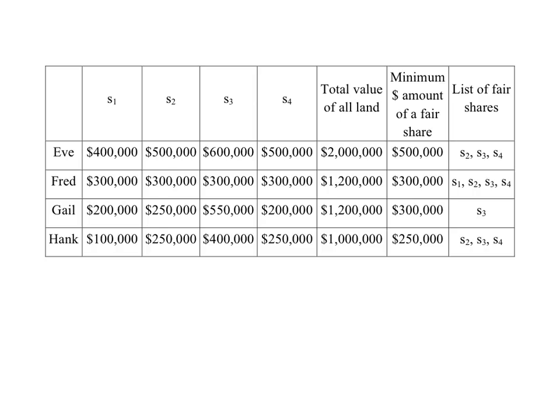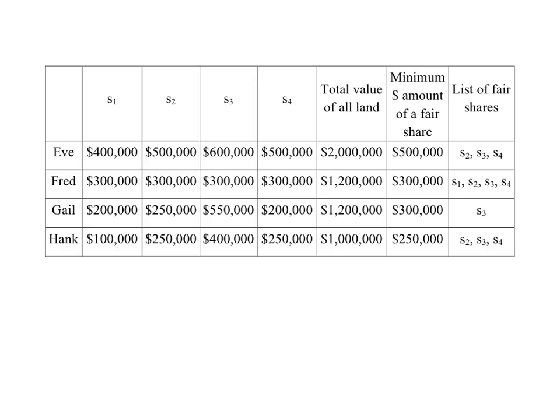I mean, Eve might look at share 3 and think, what a fantastic investment opportunity, and have specific ideas in mind for what she could put there. Fred might look at it and see it quite differently. So it's entirely plausible that they have different valuations of the different pieces of land.